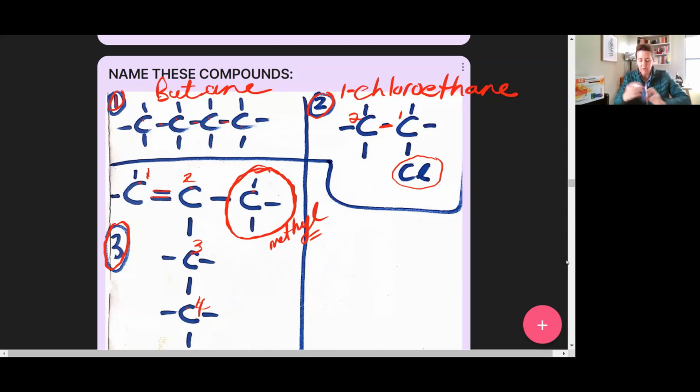Now we can name our substance properly. So we know that the prefix would be methyl, right? Where does that methyl sit? It sits on carbon 2. So this is 2-methyl. And then we know this is 1, 2, 3, 4, meth, eth, prop, but. This is a butene, right? You might think this is butane to start out with, but then the suffix of that root name should be -ene because it's an alkene. So it's 2-methyl